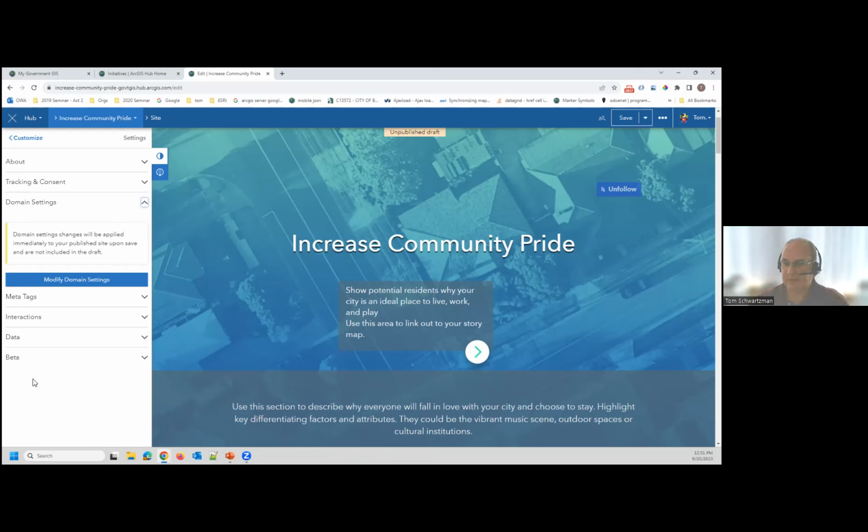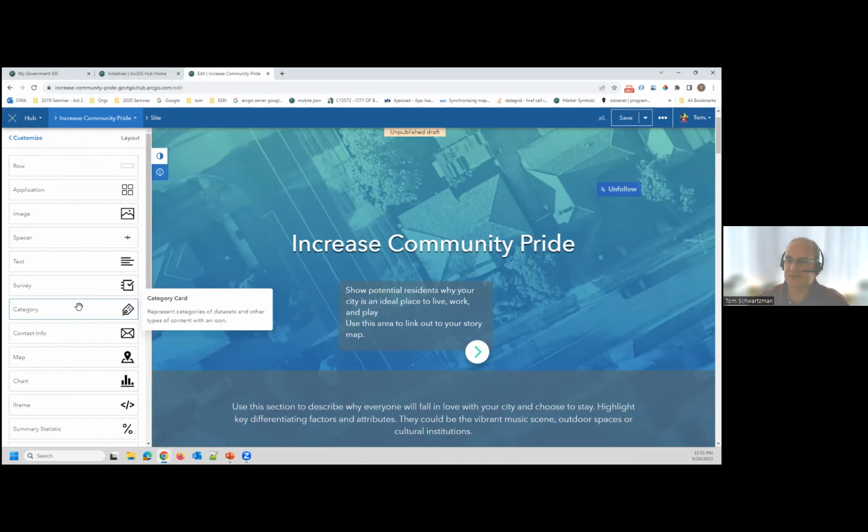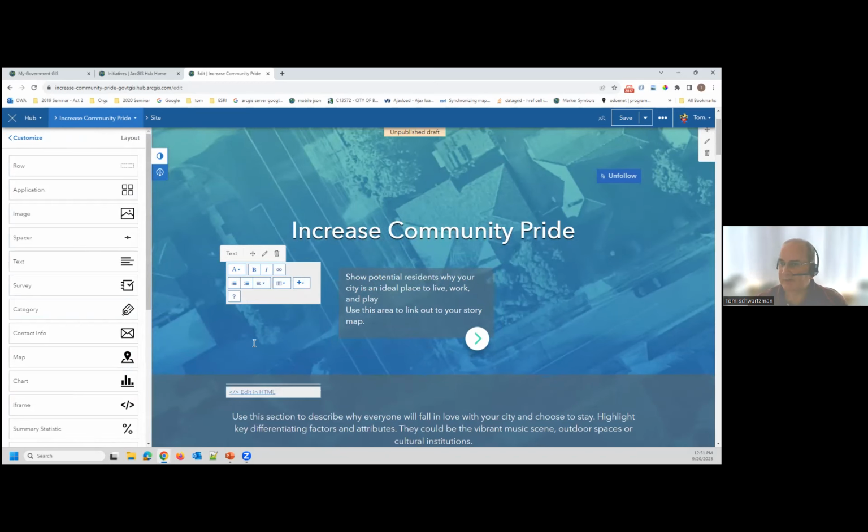You can see other things here as well. You can set a theme, and that has to do with fonts and colors. There's a header, but the most interesting part of this is the layout, and all the things that you can insert into this page just by dragging and dropping. So think of the way this works as you have a row across the page, and then you put things in the row, and then you can have more rows going down the page.